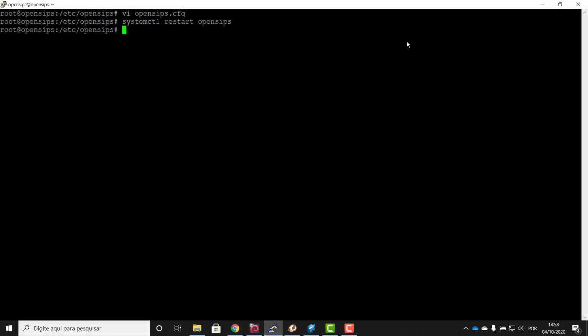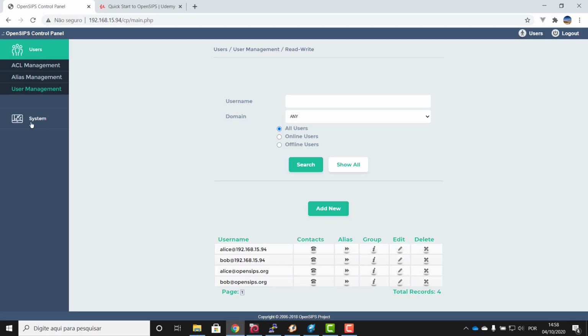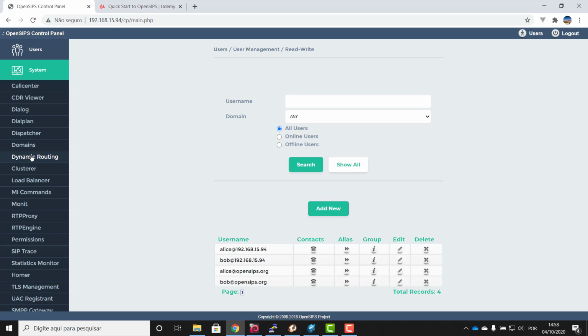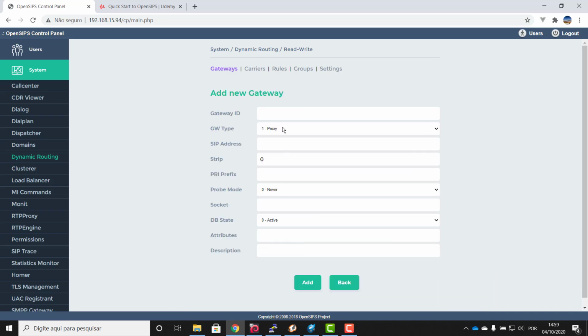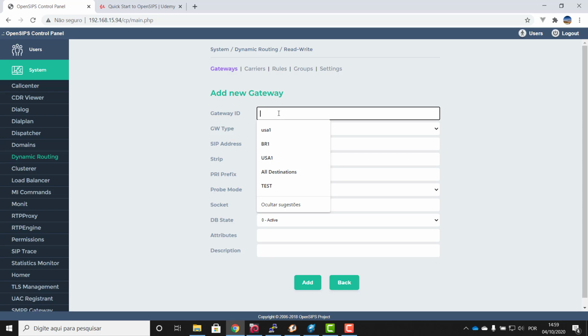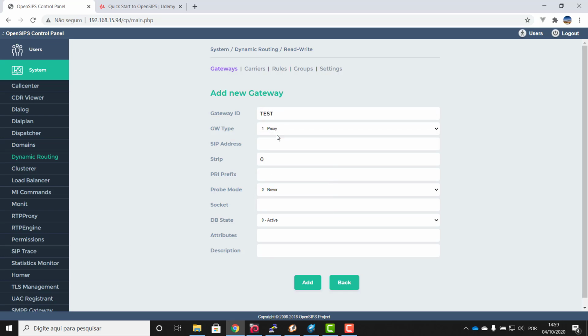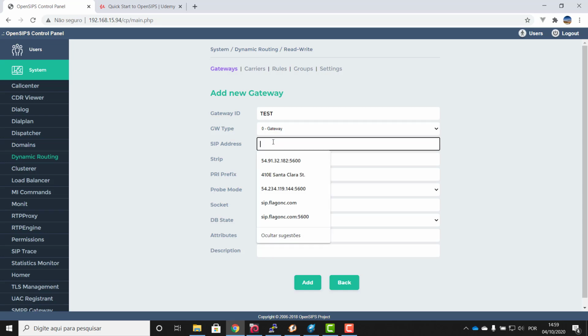Okay, now we can start configuring our outbound calls to the PSTN. So, okay. First thing, let's go to the system, dynamic routing. In dynamic routing, we're going to create a gateway. So gateway ID, let me add a gateway. Gateway ID, let me use the name test. Type is gateway. SIP address is